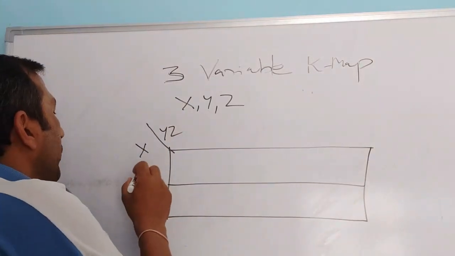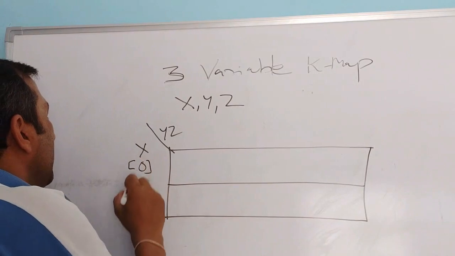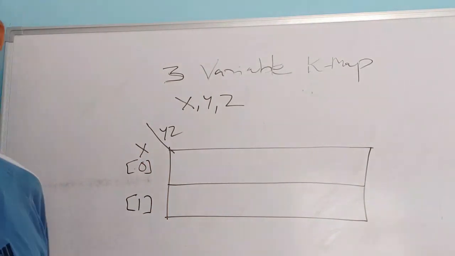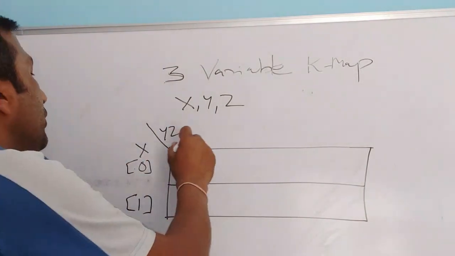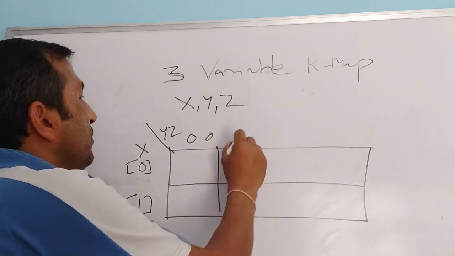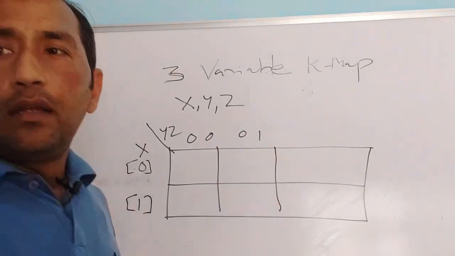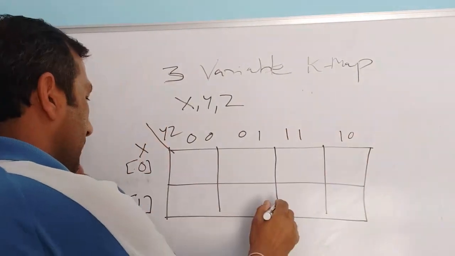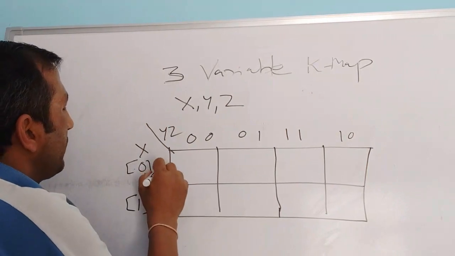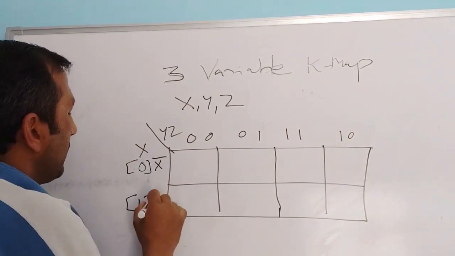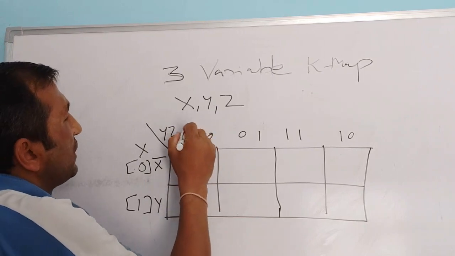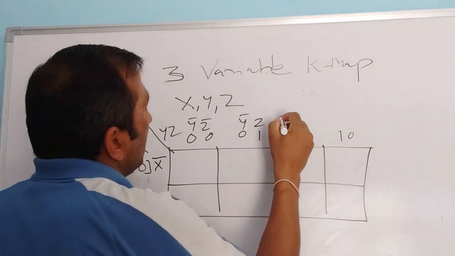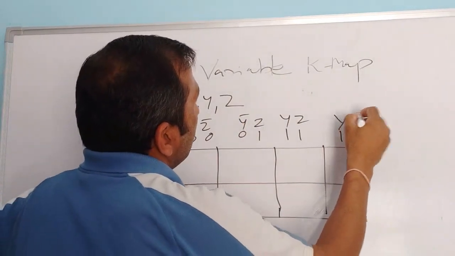Now again we will go quickly. Now it can be in two forms, 0 and 1, and same with y and z, it follows a binary progression: 0, 0, 0, 1, then 1, 1 and 1, 0. All right, so if we write them, we will write x 0 as x barred, x barred y. Here in this case both are 0, so y naught z naught, or y barred z barred. Here y barred z, and here y z, and here y z bar.